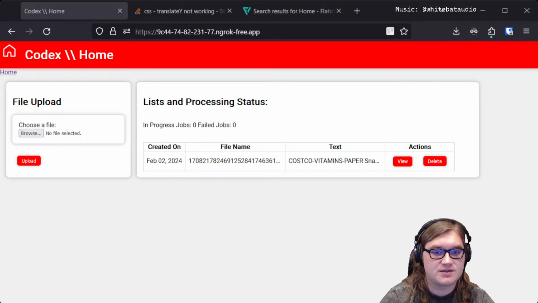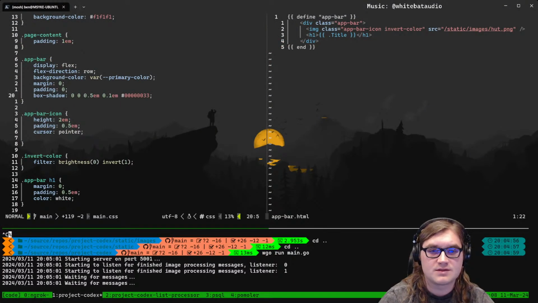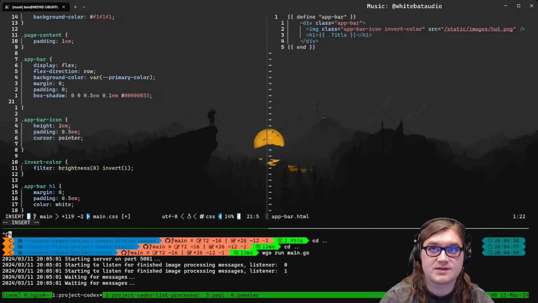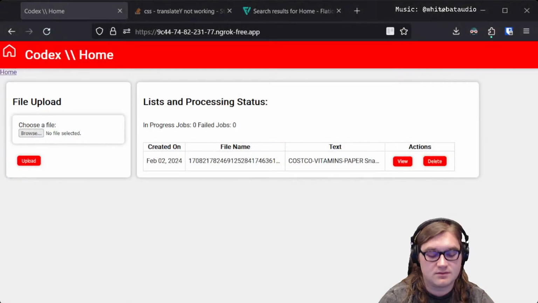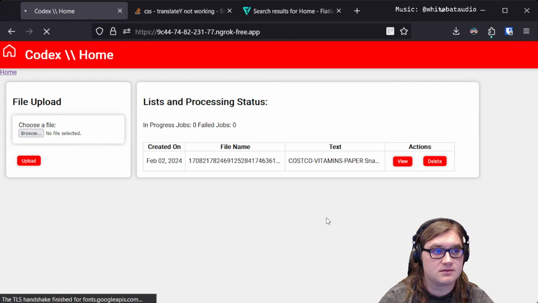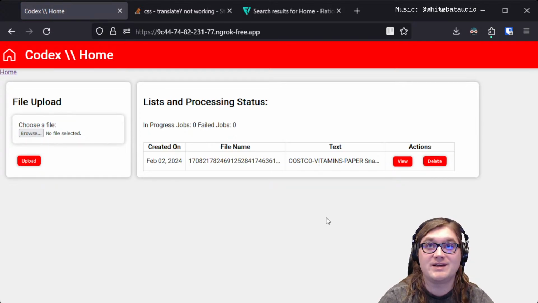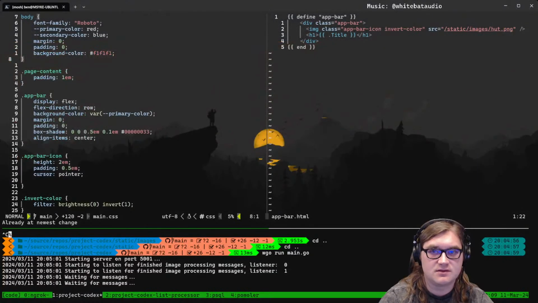So inside the app bar, we need to say align. Does that work there? Yeah, it does actually. So I think we want a little padding on the left side. So what we're gonna do,